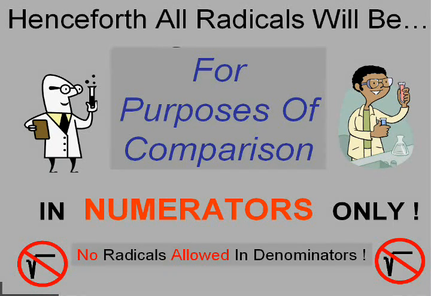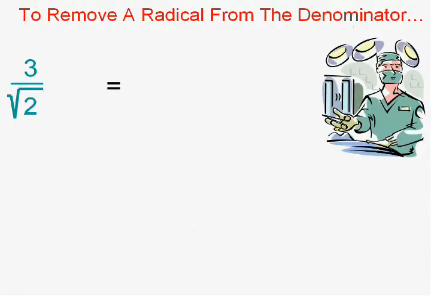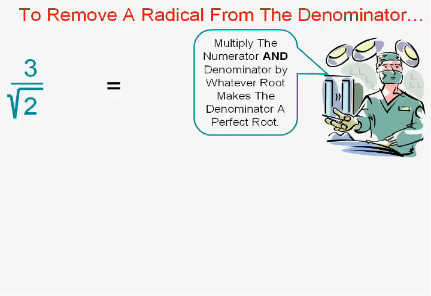Now, how do we do it? It's not so bad. To remove a radical from a denominator, basically what we're going to do is multiply the numerator and the denominator by whatever root makes that denominator a perfect root. Then it won't be a root anymore. For instance, in this case, if I multiply top and bottom by radical 2,